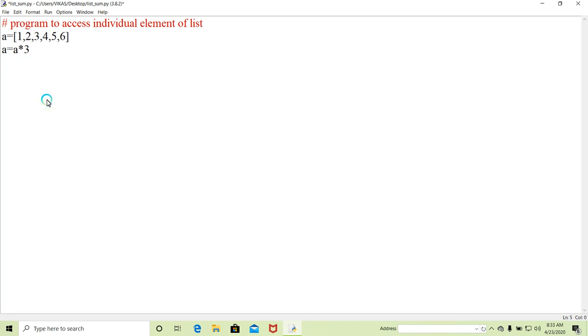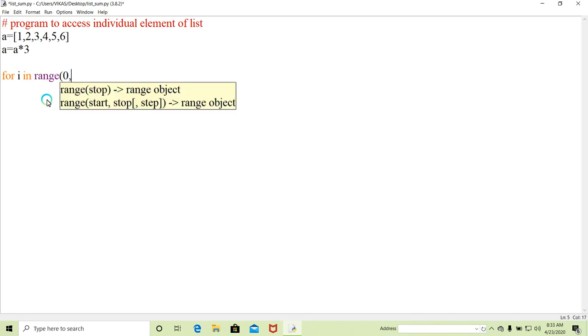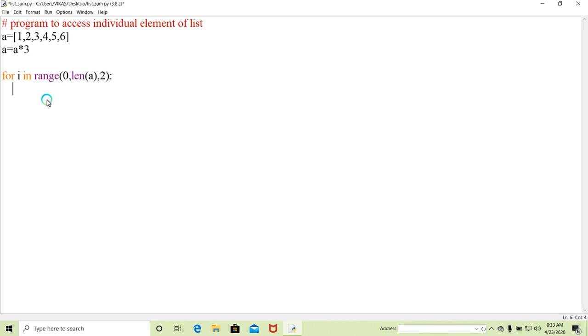So here what will I do? For i in range, I will go from 0 to the length of a, and I will take 2 steps, because we all know that it starts at 0, the next even index is 2, next is 4, so there is a gap of 2. That's why I have given 2 here. It will increase the loop counter by 2. So then I will find sum is equal to sum plus a of i. Now here we have to use a of i, and here we have to declare sum as 0